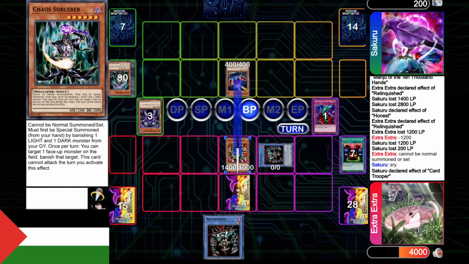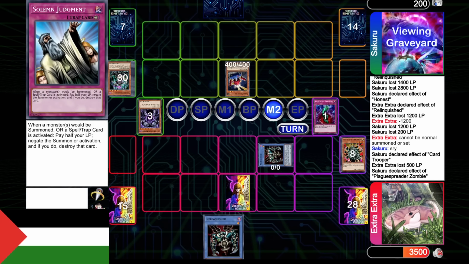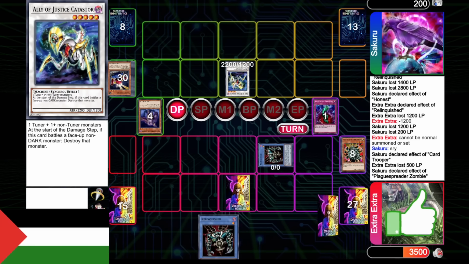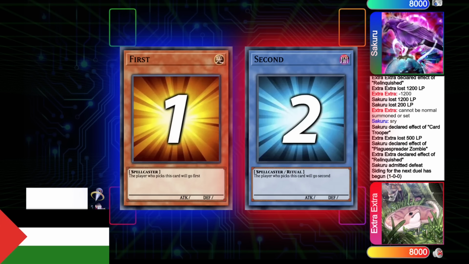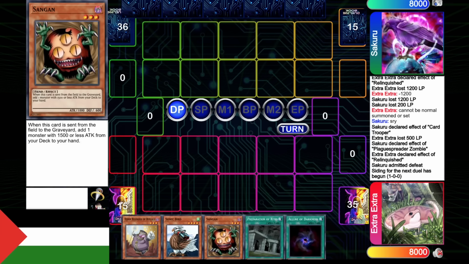Mills 3, hits Plague, attacks the Manju. I could have summoned the Card Trooper knowing he had Wolf, but I figured this is funnier. He's going to stack for Plague, Synchro into Ally, pass the turn, Relinquish takes the Ally, and attacks directly for game. So no JD from the opponent despite opening triple recharge Allure, and we were able to take that game